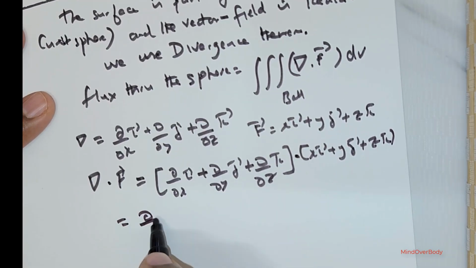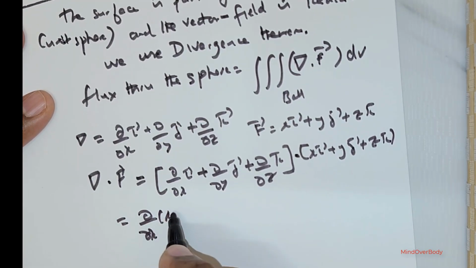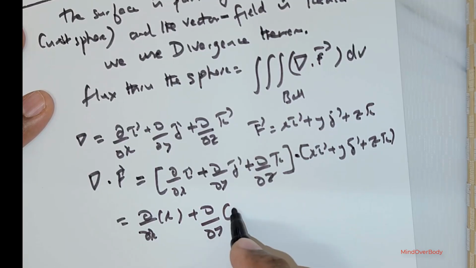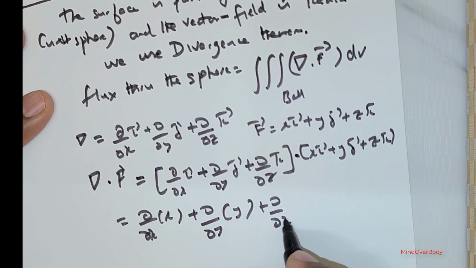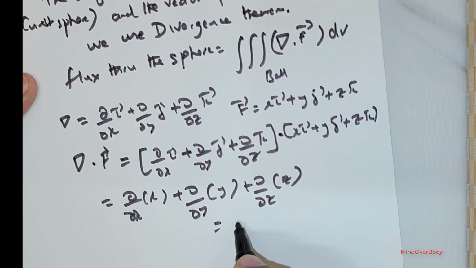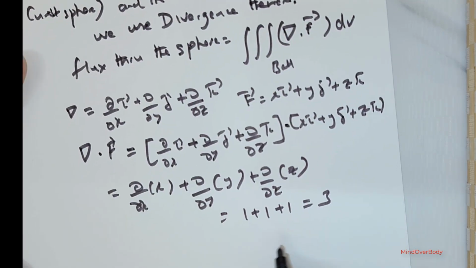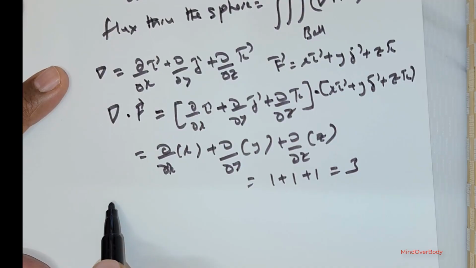You take the dot product, you get dou over dou x of x + dou over dou y of y + dou over dou z of z. This is going to be 1 + 1 + 1, which is equal to 3. So therefore the integral required